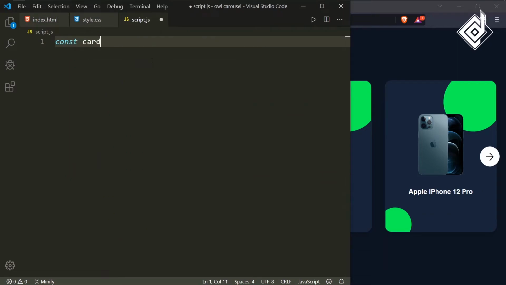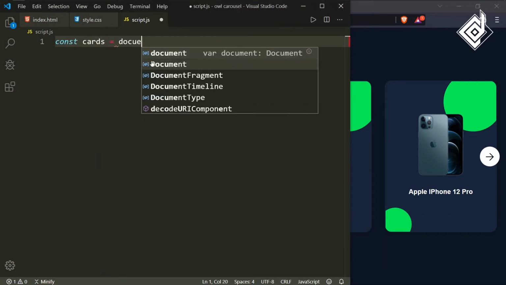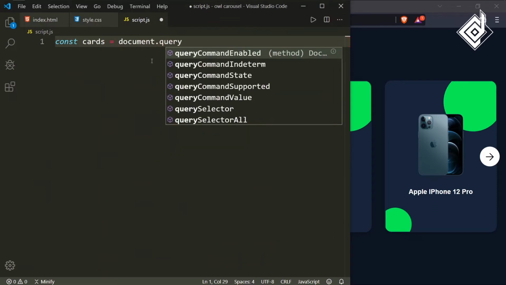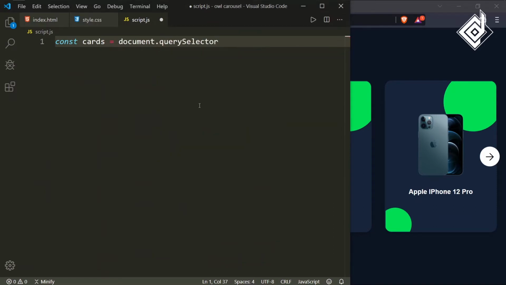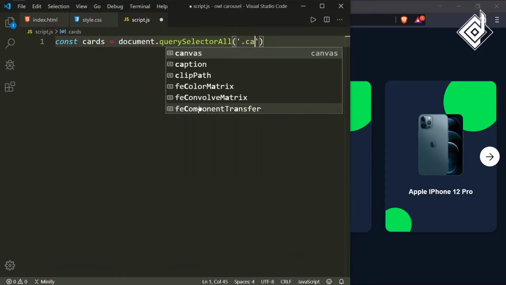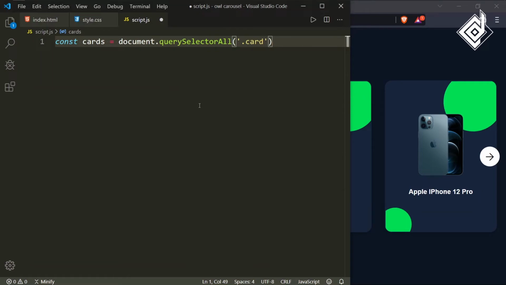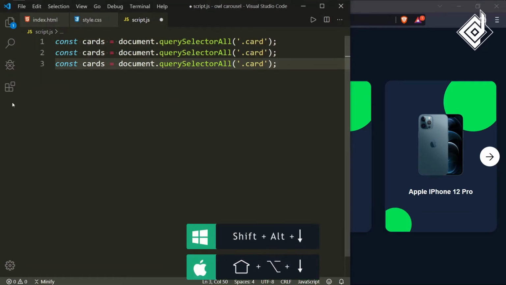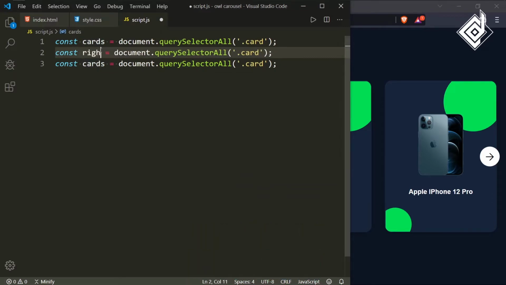Now in the JavaScript file, I'm creating const cards variable and I'm assigning document.querySelectorAll. You need to give All because we are selecting all the divs with class name card. Let's duplicate this code 2 times, and instead of that cards variable, let's give right arrow, and instead let's give left arrow variable.